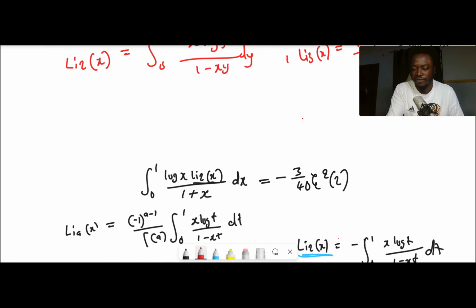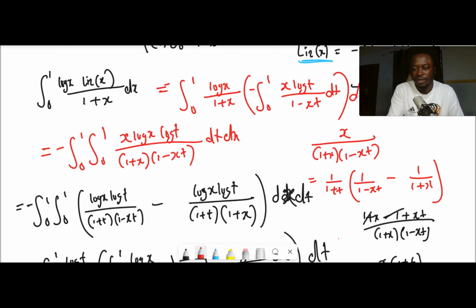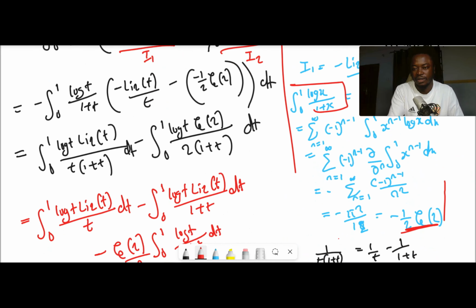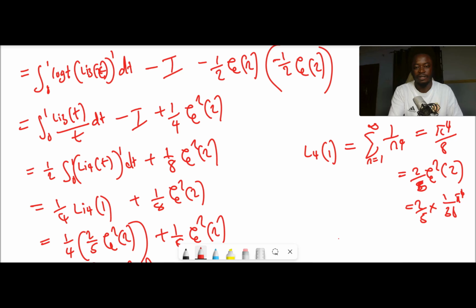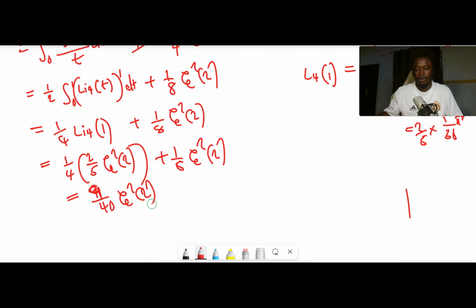Okay, we're having 3 over 40 here. That means there must be a little bit of arithmetical error. Let me check. Okay, so the mistake here is that instead of 1 over 2, I wrote 1 over 4, so we should have 1 over 2 here and 1 over 2 here. So that should give us